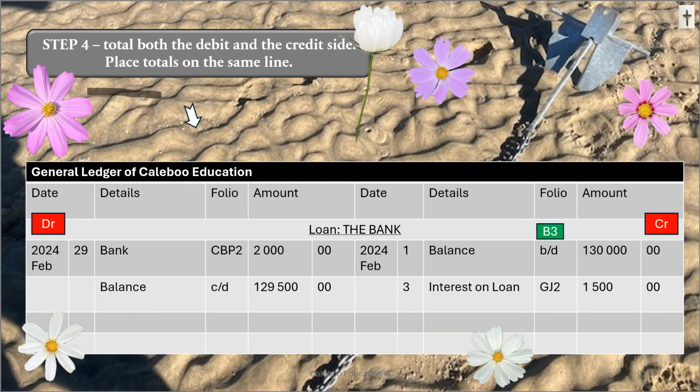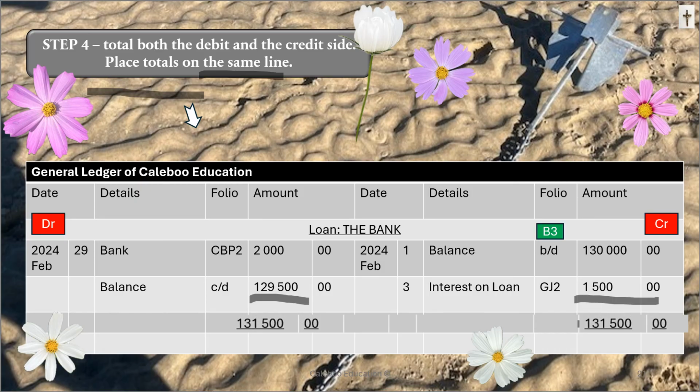Step 4, total both the debit and the credit sides. Place the total on the same line. So it says total up the debit side and total up the credit side. And what do we get? On both sides, 131,500 and 131,500. Now this here, balancing general ledger accounts, is a technique that was introduced, and this is how it should